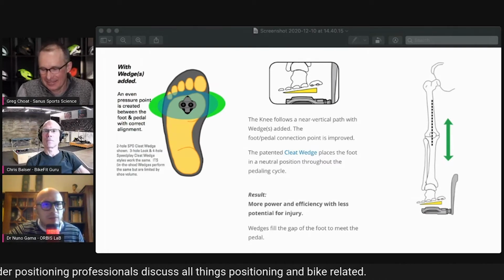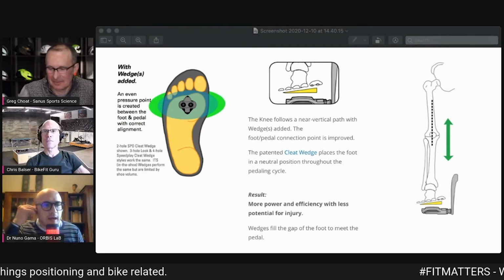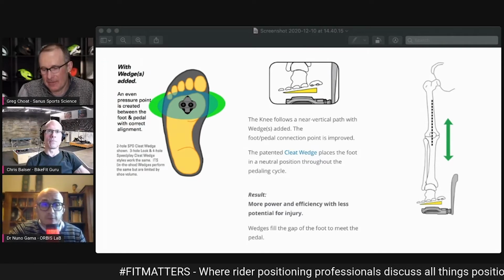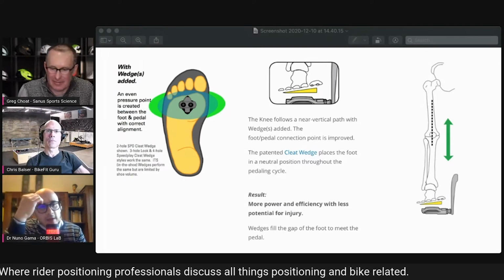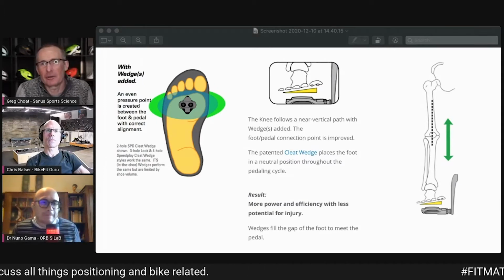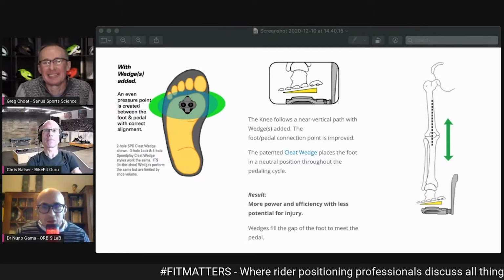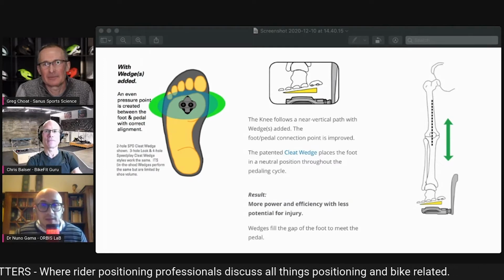So I'm just sharing their website, and it's this notion that if you put a wedge on the foot, you are able to align the knee. And there's two things wrong with this. One, if you put a banana on your head, you're also able to. Sorry. One, it's the notion that the knee needs to be aligned, and as we've seen from that rider, Simone, and